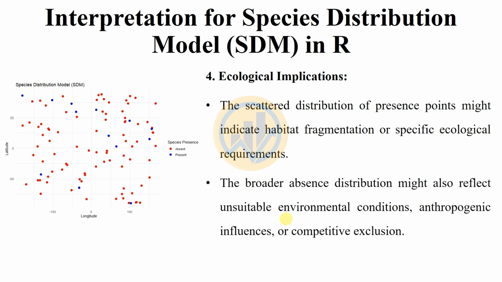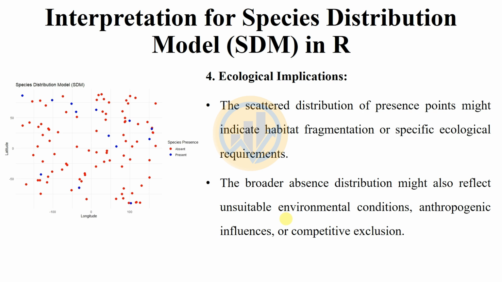The ecological implications. The scattered distribution of presence points may indicate habitat fragmentation or specific ecological requirements. The broader absence distribution may also reflect unsuitable environmental conditions, anthropogenic influences, or